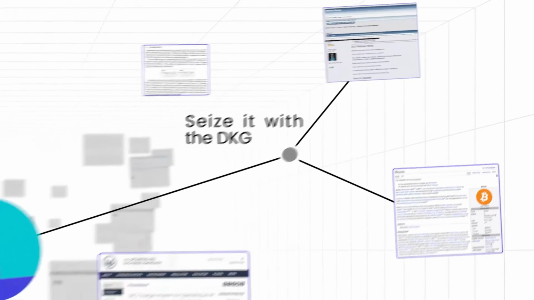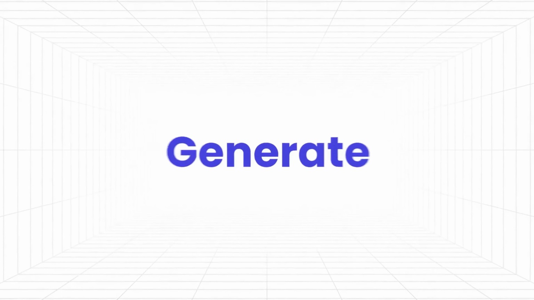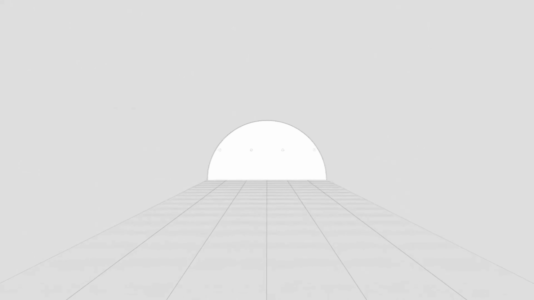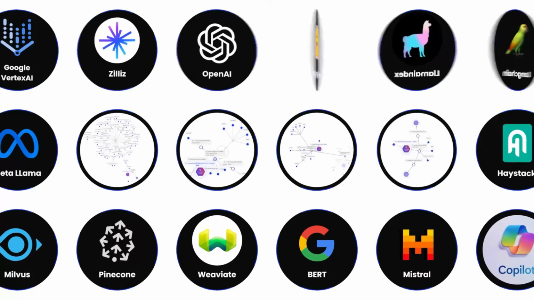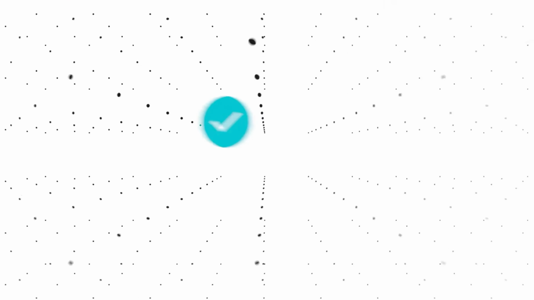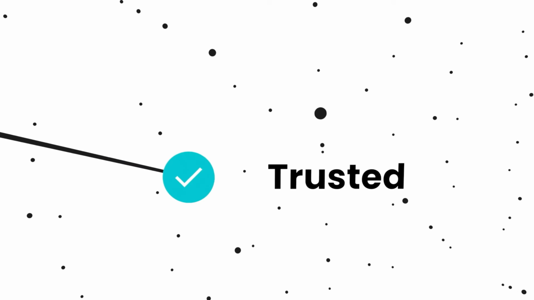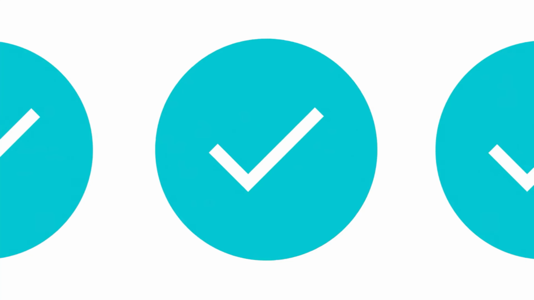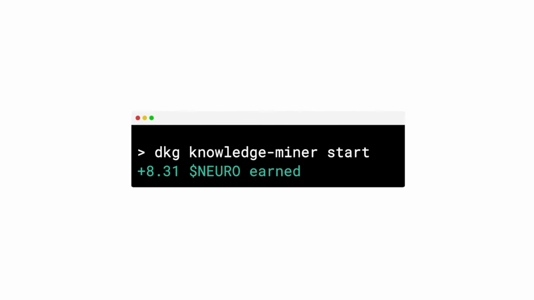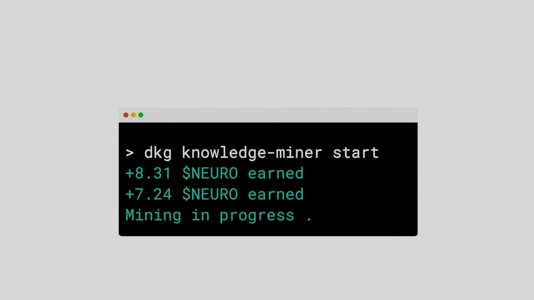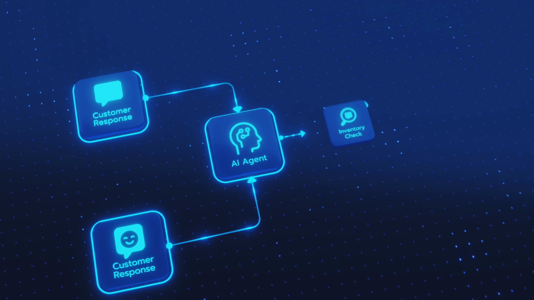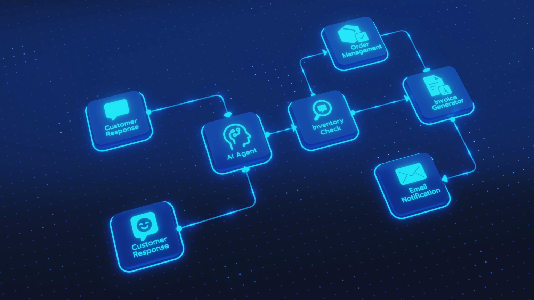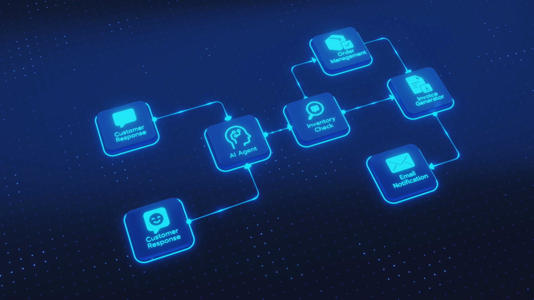Let me make it even simpler. Imagine asking a friend a question. Normal AI is like a friend who sometimes makes up stories and swears they're true. Regular RAG is like a friend who checks their notes first. But the notes are in a notebook that only one person controls and can secretly rewrite. DRAG on the DKG is like a friend who checks notes that are locked in transparent glass boxes. Everyone can see inside. No one can change them without everyone noticing, and you can always trace who wrote what.